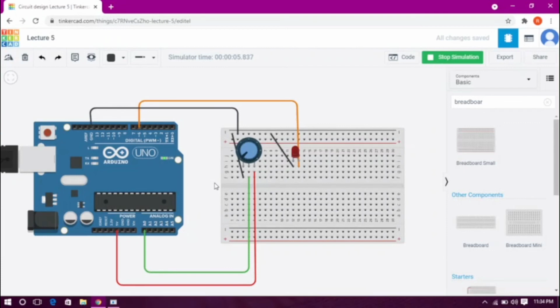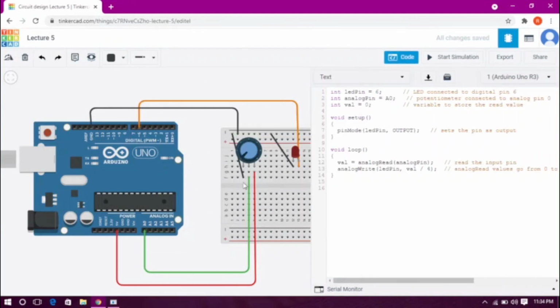I hope you guys enjoyed this video, this project. If you have any doubt regarding this project, you can just comment it down in the comment section, and all your doubts will be resolved. There's nothing to worry about, it's just about practice. When you go through the projects, you will get to know much more about Tinkercad and Arduino, and how things come together and work as a single project, whether it be coding, the circuit design, or the selection of the components that we are doing over here.